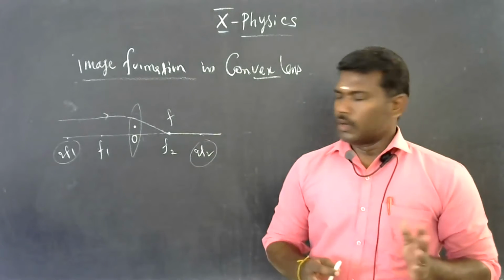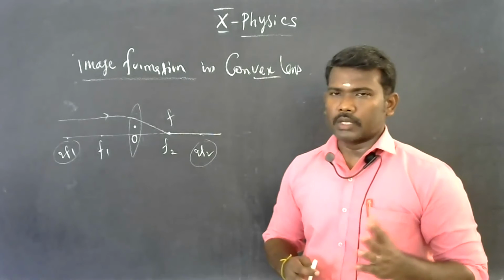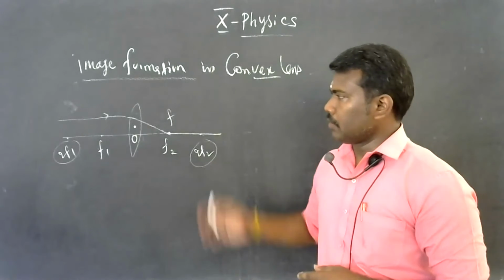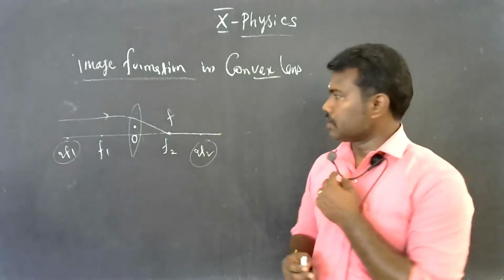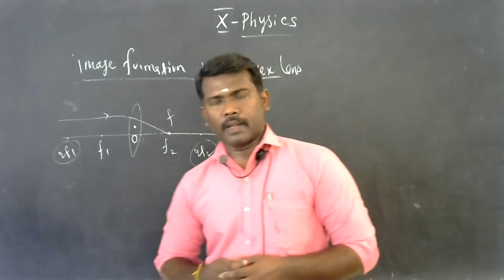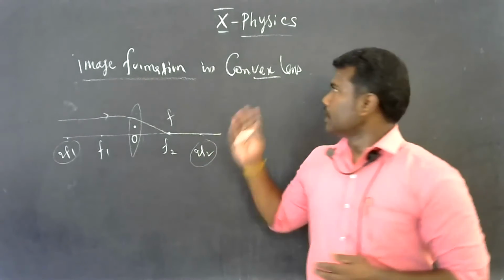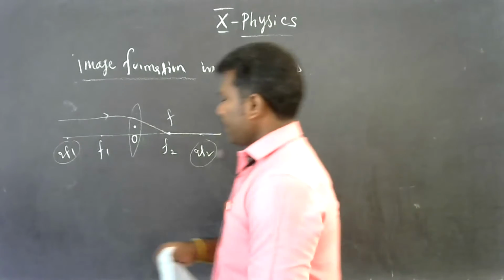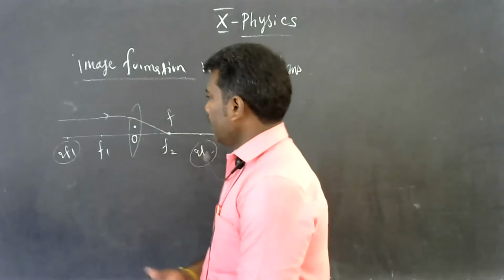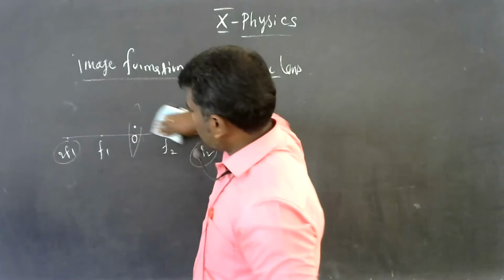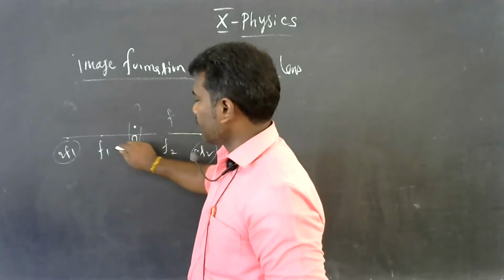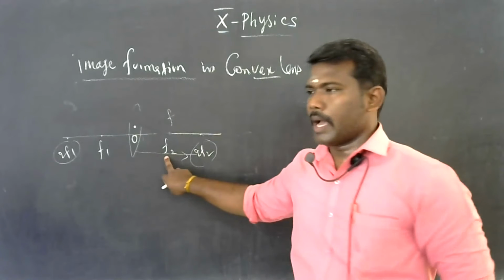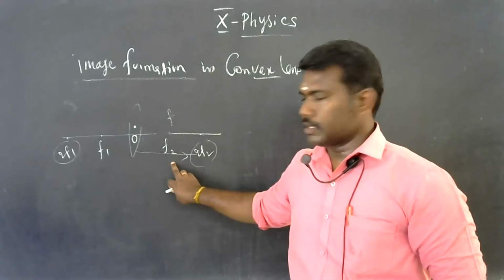Without knowing this concept, it is impossible to draw the image formation by a lens. So first of all, learn the symbol notation and its meaning. After that, we can easily draw the image by using a convex lens. This is the first case. For the second case, if the incident light ray is passing through the principal focus, then after refraction, the refracted ray from the lens is parallel to the principal axis. This is the second case.